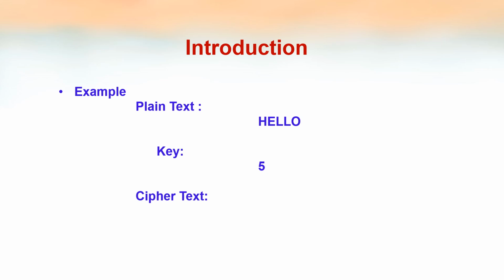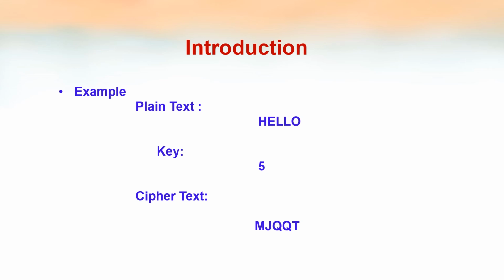One encryption algorithm I am using here is just adding the value of the key to each of the alphabets. So with H, if I add 5, after H, I, J, K, L and M, then M is the ciphertext. With each of the alphabets, I am adding this key value and I will get the ciphertext here. So my ciphertext is MJQQT. Any person other than the sender and receiver cannot understand the message which I have sent. The plain text is hello, and whatever I'm sending is MJQQT. It is different from the plain text message.